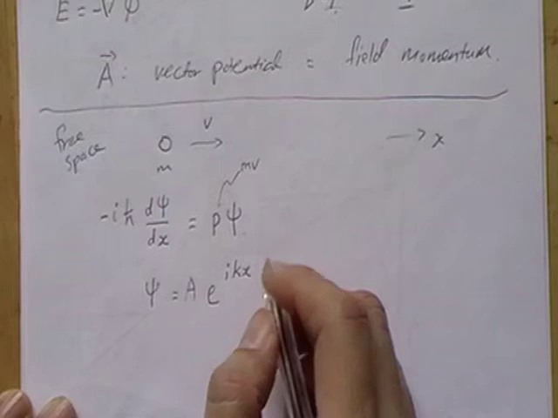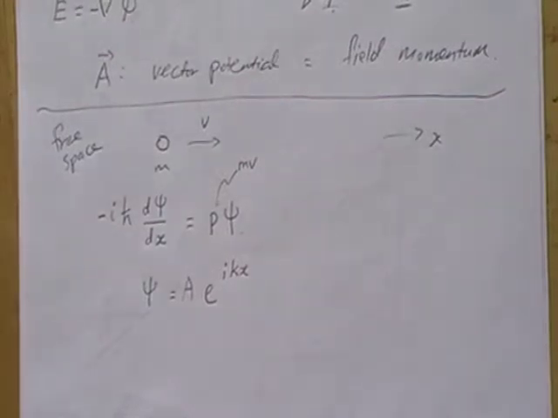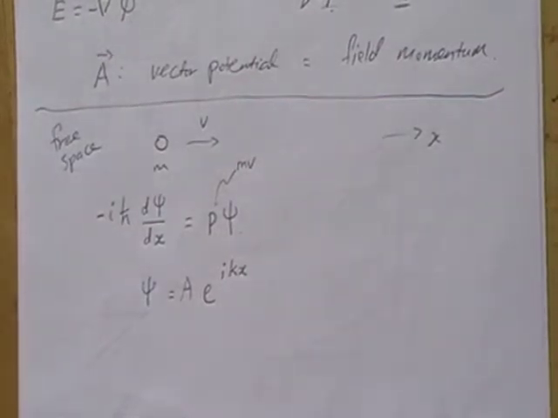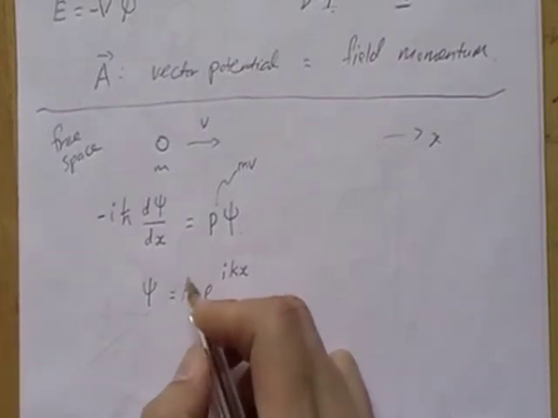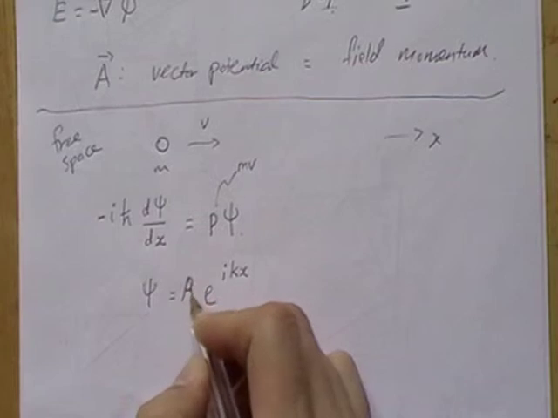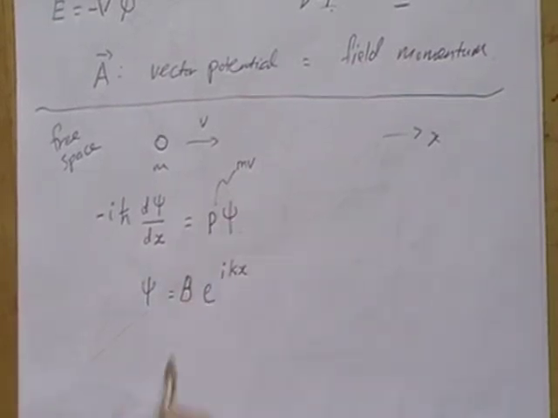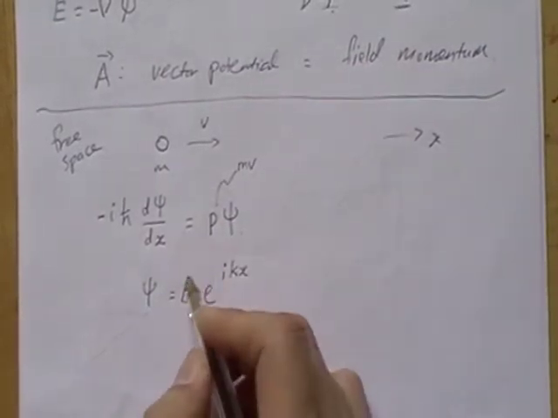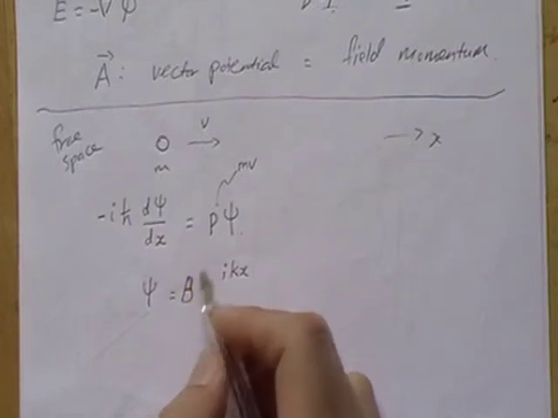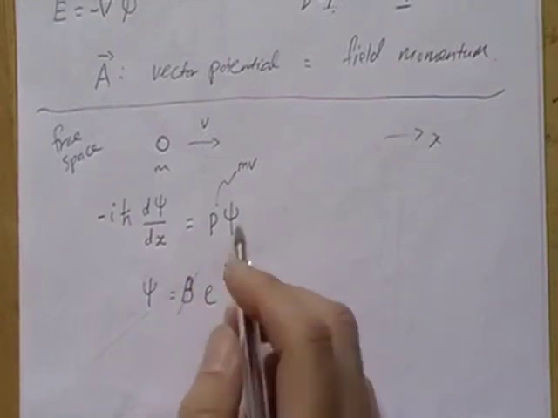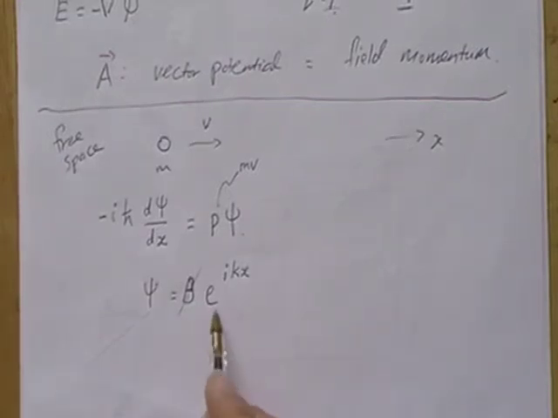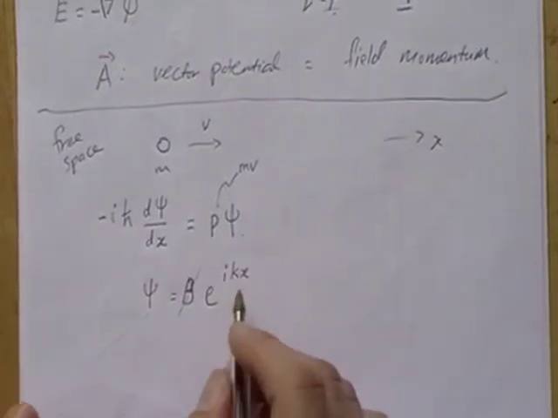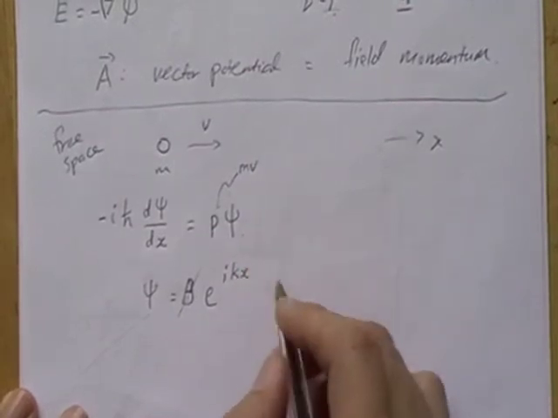A is not a good letter to use for a constant, you're going to confuse it with vector potential, so I'll just call it b. For our purpose it's just a constant factor, so I'm going to drop it for now. Just look at the physical meaning of this exponential. It's going to have this form where k